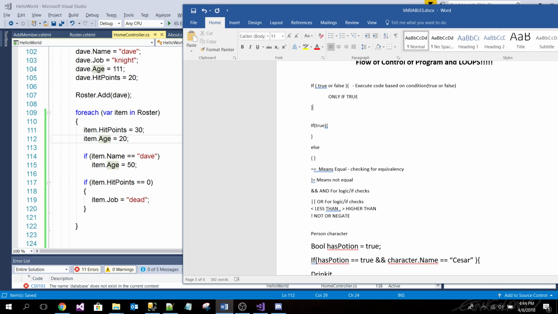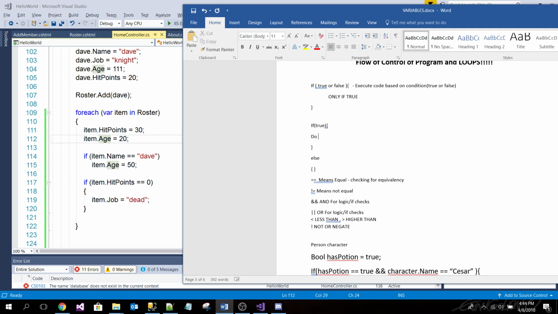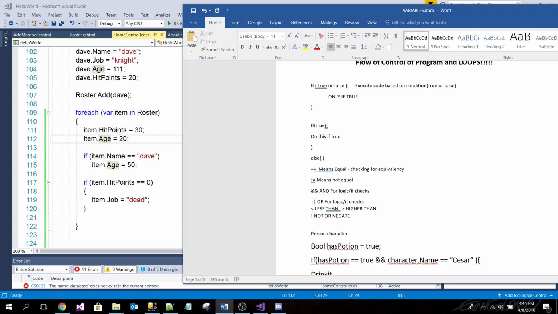Okay, good. So now we have something called an if else statement. So if whatever's in here is equal to true, do this if true, right? But if it's not true, what do you think is going to happen?